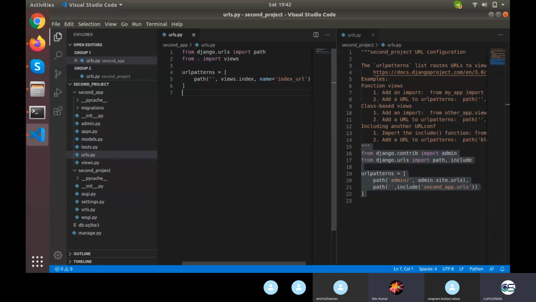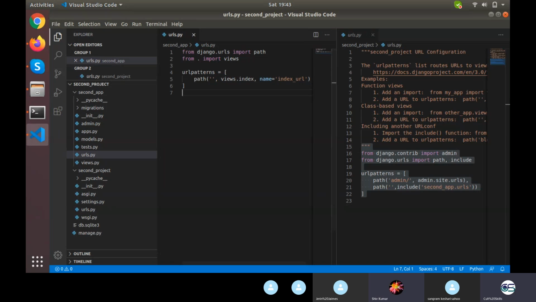Some noise from someone's back. Okay, so let's move on. I hope it is done, Shiv. Is it done? Yes, yes, you can move.